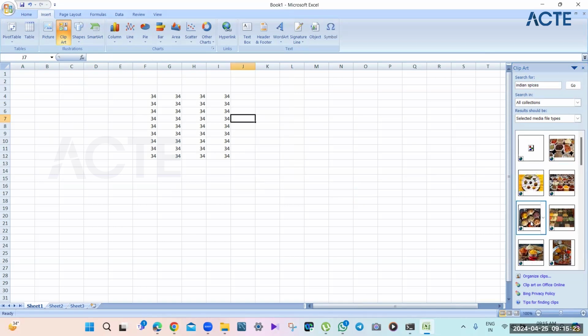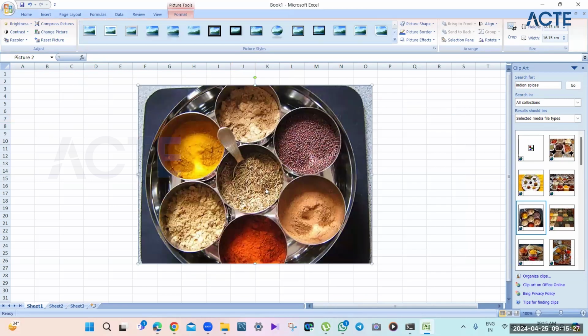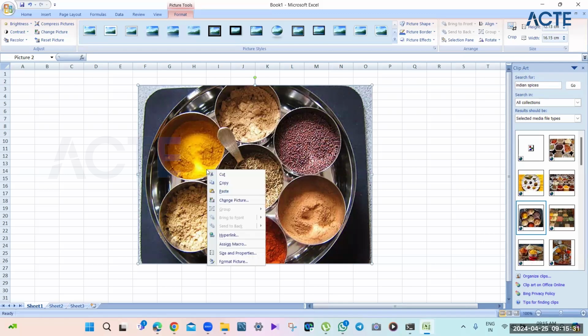I don't know why it's not coming here, but the point is, this is a particular image. This is an image in any format. It could be a JPG or BMP or some other image format. So how will the computer understand what this is?